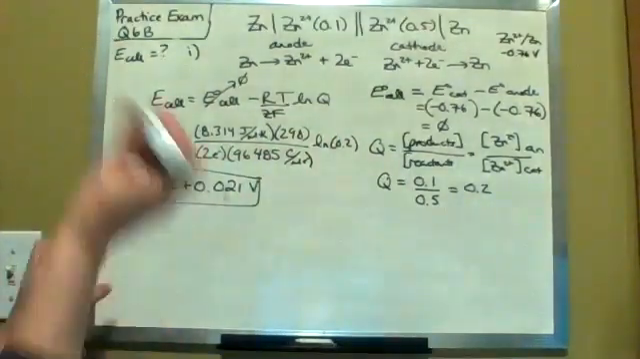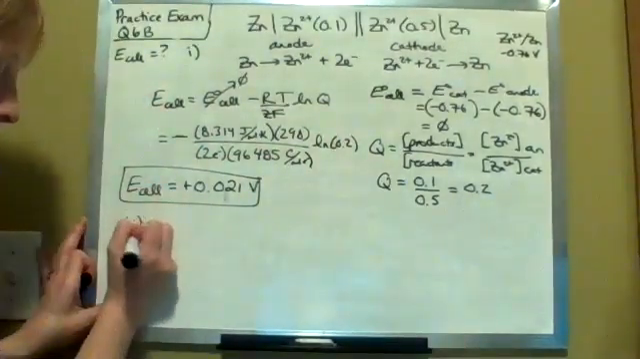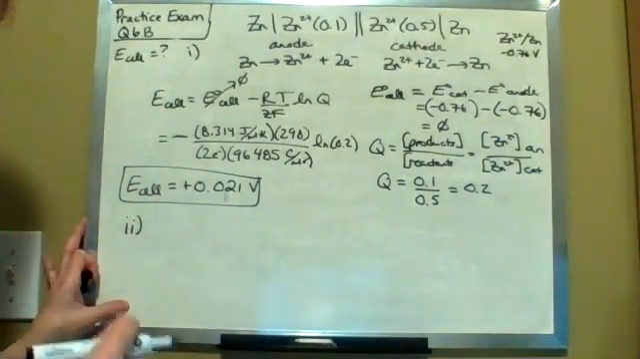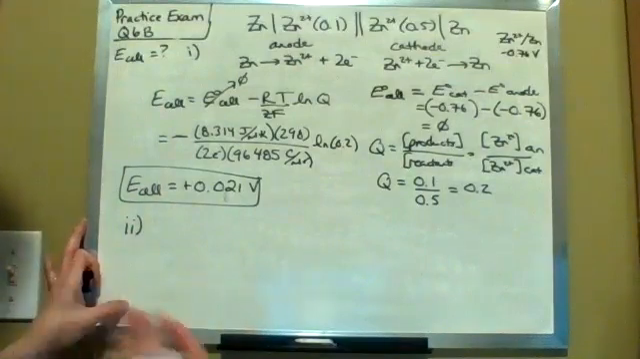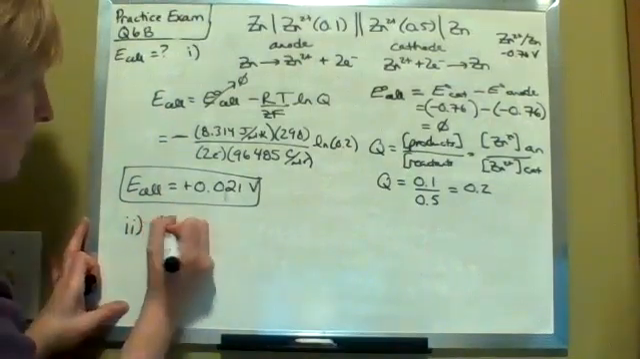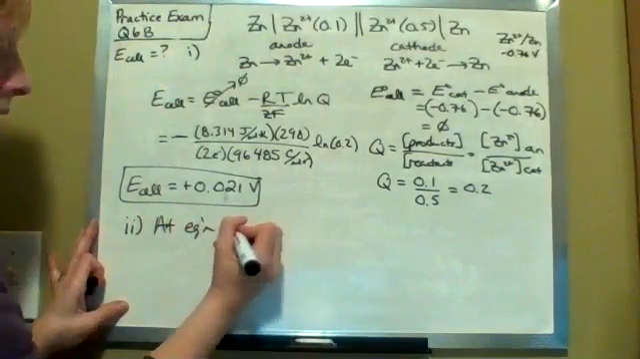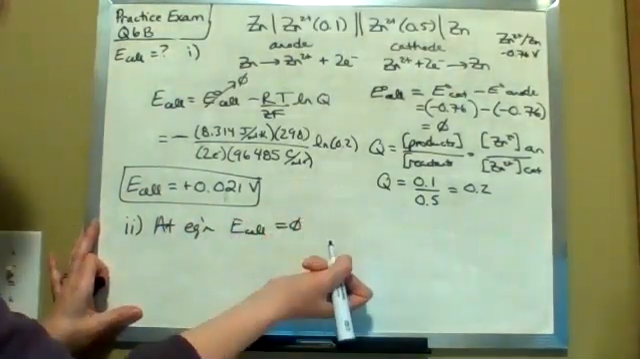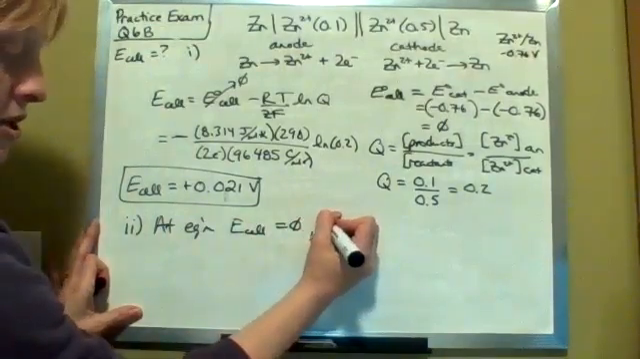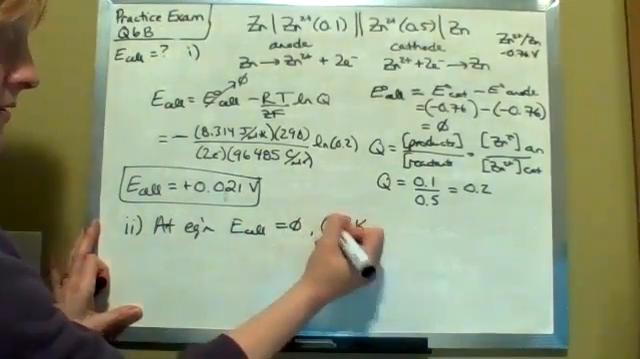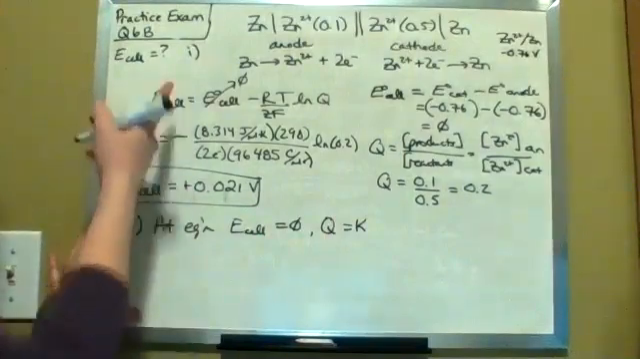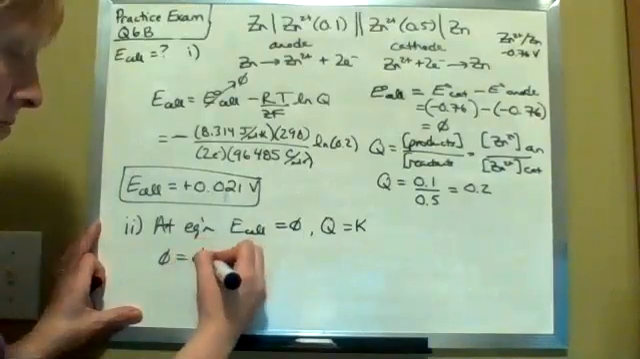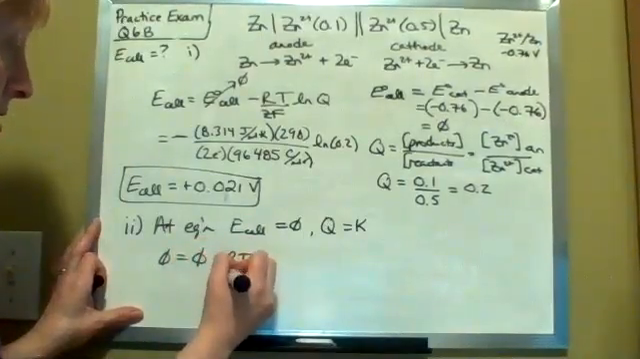Now the second part of this asks us then, at equilibrium, what are the zinc ion concentrations at the anode and the cathode? So at equilibrium, remember under those conditions, E cell equals 0, Q equals K. So you go back into your equation up here then, you have 0 equals 0 minus RT over nF